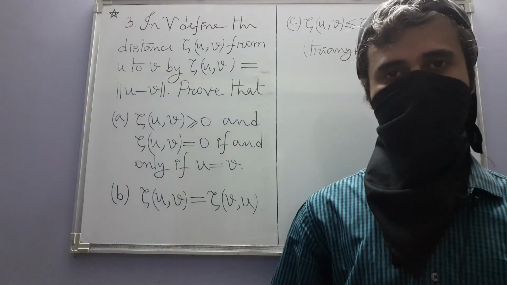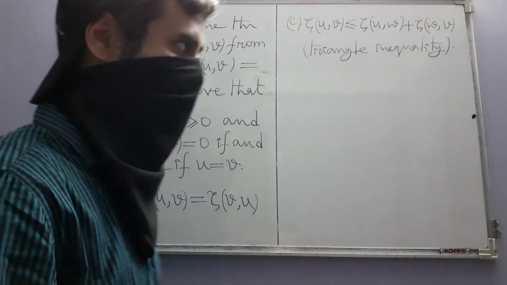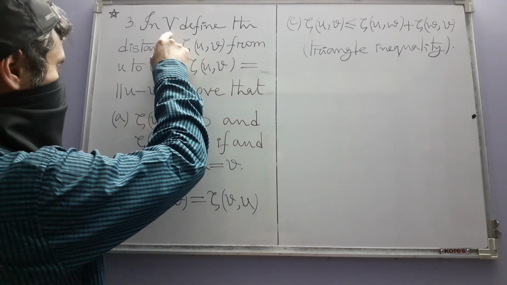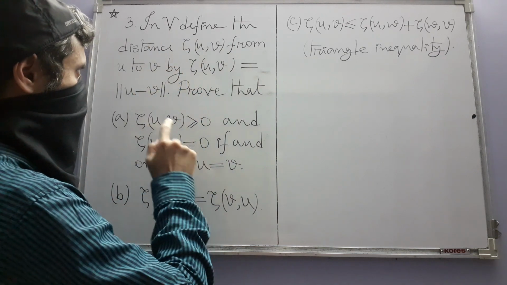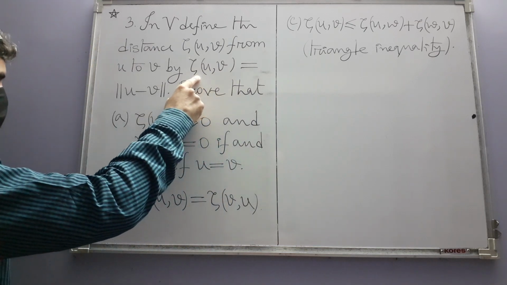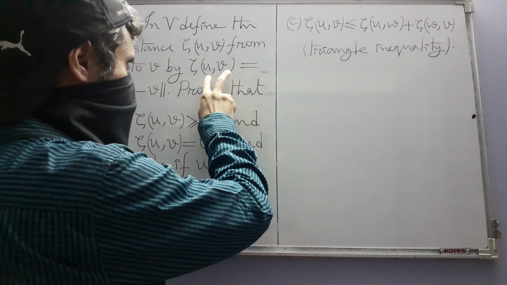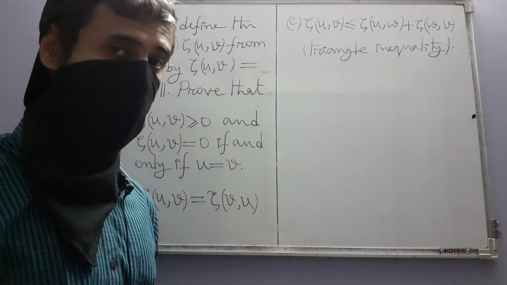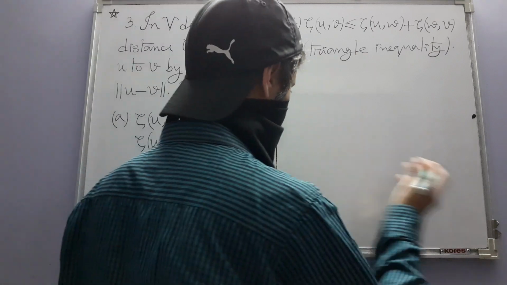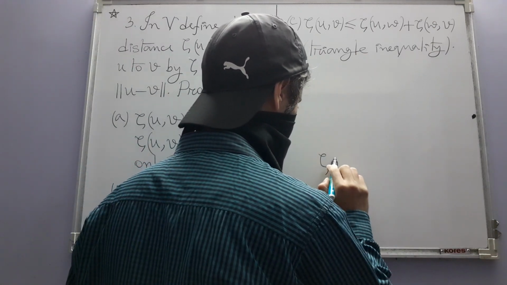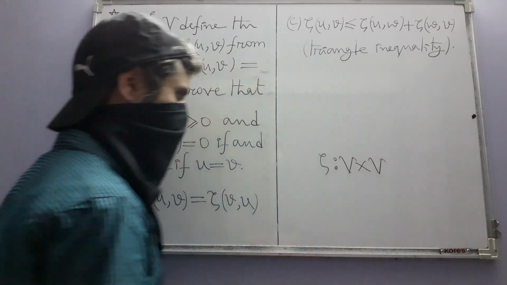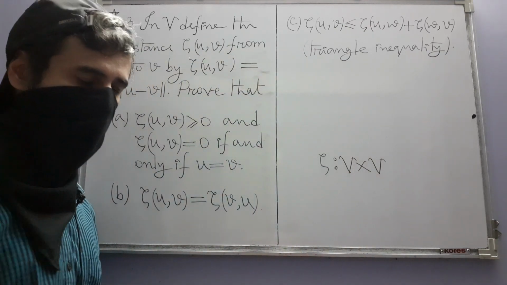Alright, so next exercise 3. Here, just like before, we have an inner product space V, and we are defining a function zeta whose input, as input we have an ordered pair of vectors from V, and that means zeta is a function like this. Its domain is the Cartesian product V times V,